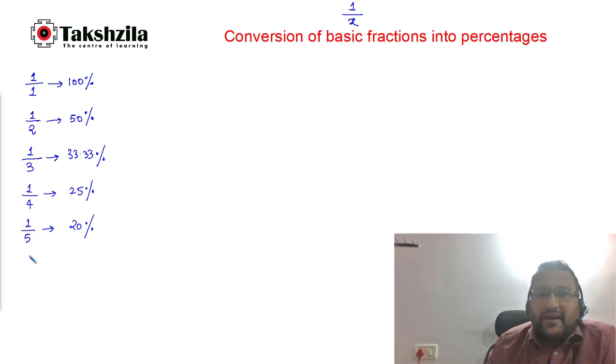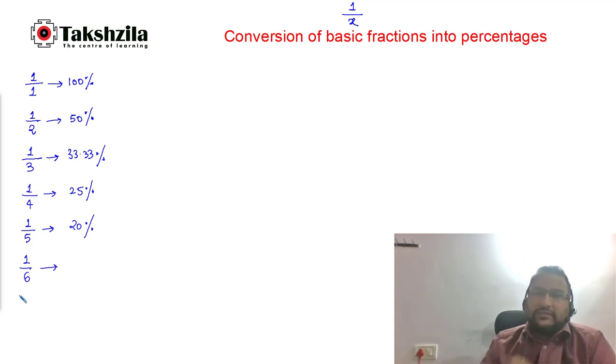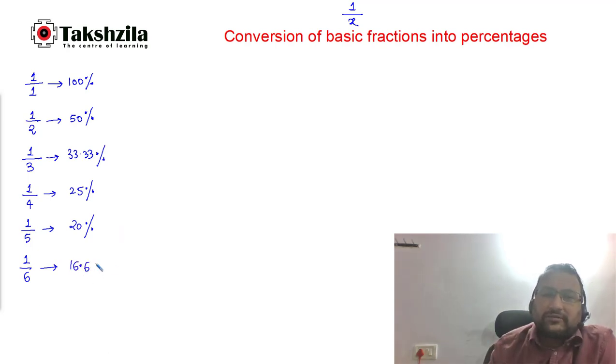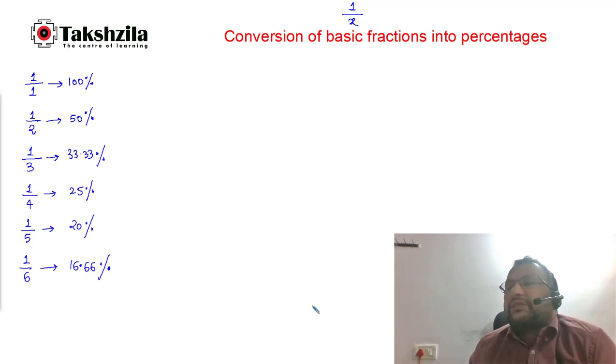Similarly, if I get 1 mark out of 6 marks, I will be getting how many percentages? 1 by 6 into 100, that is 100 by 6, that is 50 by 3, that is going to be 16.66 percentages. Now there are other ways to remember this as well, and we will be continuing with this list,